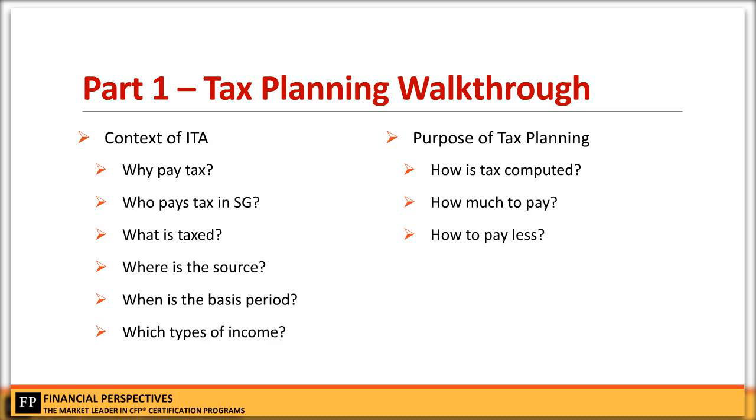And the 6th W talks about which types of income are taxable. We need to identify in the Income Tax Act, Section 10(1)(a) all the way down to Section 10(1)(g) income, from trade income to employment income and so on, because different types of income also have different types of treatment. So the 6Ws open up the context of the Income Tax Act, and that basically covers the first 3 chapters of our Module 3. In subsequent slides, I'll be going through the different types of calculation theories again,